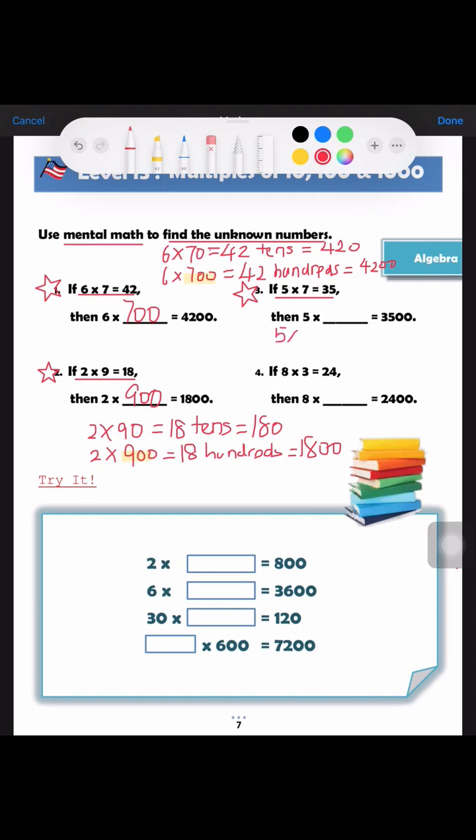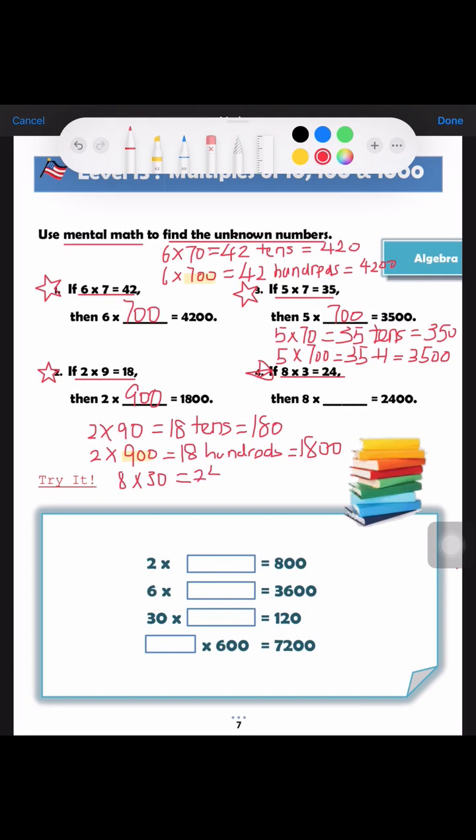If 5 times 7 equals 35, then 5 times 70 equals 35 tens, which is 350. And then 5 times 700 equals 3,500. And 3,500 equals 3,500. So the answer is 700. 5 times 700 equals 3,500. And then question 4, if 8 times 3 equals 24, then 8 times 30 equals